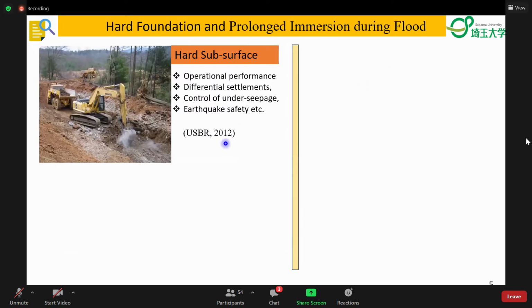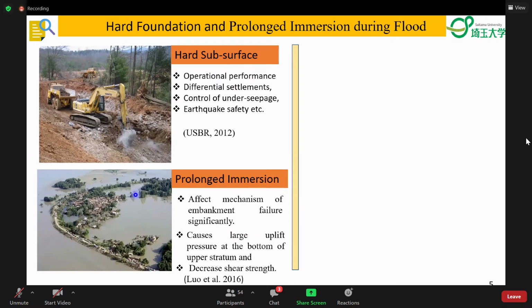In our study, 2 important phenomena during and after construction of the embankment are under consideration. Firstly, hard subsurface. Usually, the soft soil from the top is removed during the construction of the embankment to get a hard surface to perform well against earthquake, underseepage, and settlement. Secondly, prolonged immersion takes place during a flood event, which causes a decrease in shear strength and affects the failure